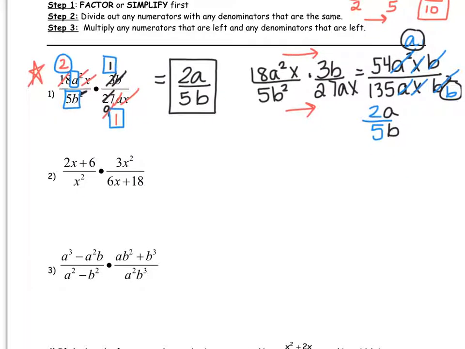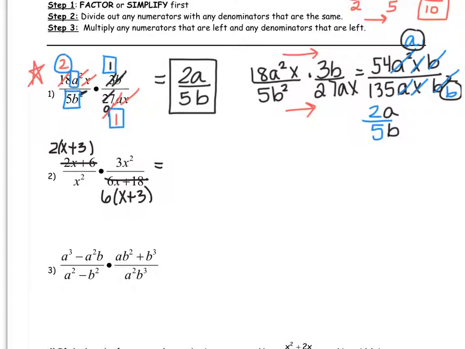So in example number 2, it looks as though I can factor some of these pieces. So I'm actually going to do that first because it's going to help me. If you look at the 2x plus 6, you see that I could take a GCF out of 2, and I'm left with x plus 3. So I'm going to cross that off and write its factored form. Now, same concept here. On the bottom, I have 6x plus 18. I can actually take out a GCF of 6, and I'm left with x plus 3. So realistically, all the stuff that I'm left with on top is 2 times x plus 3,